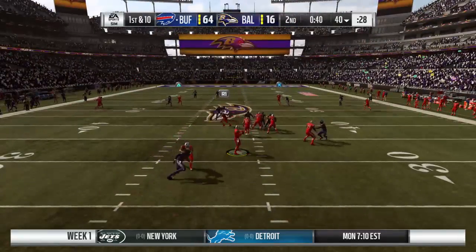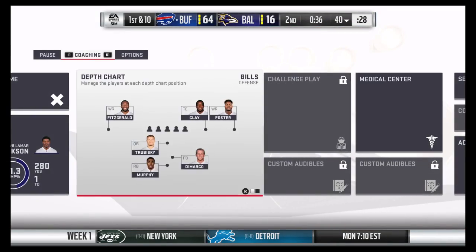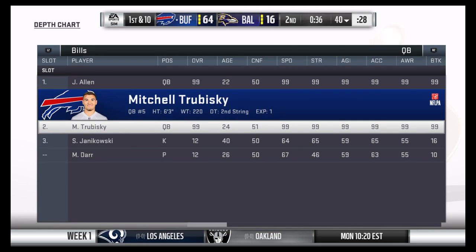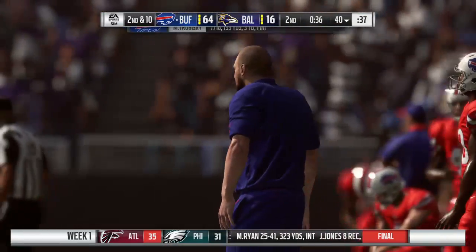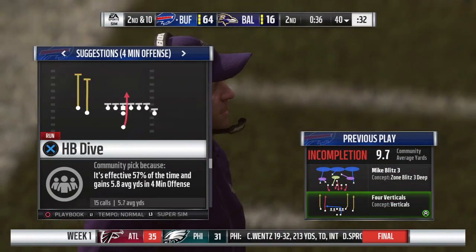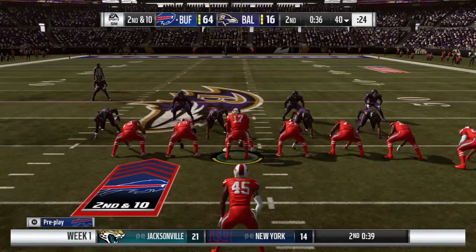Now Trubisky on 1st down. Airing this one out for Fitzgerald. And that falls incomplete. Looked like he might have had position there, but he couldn't hold on to it at 2nd down. Those passes out that far wide always make you hold your breath a little bit. Felt like it was in the air for a while. What it does is allows a defender to gain some ground, come from a long distance, and have a chance